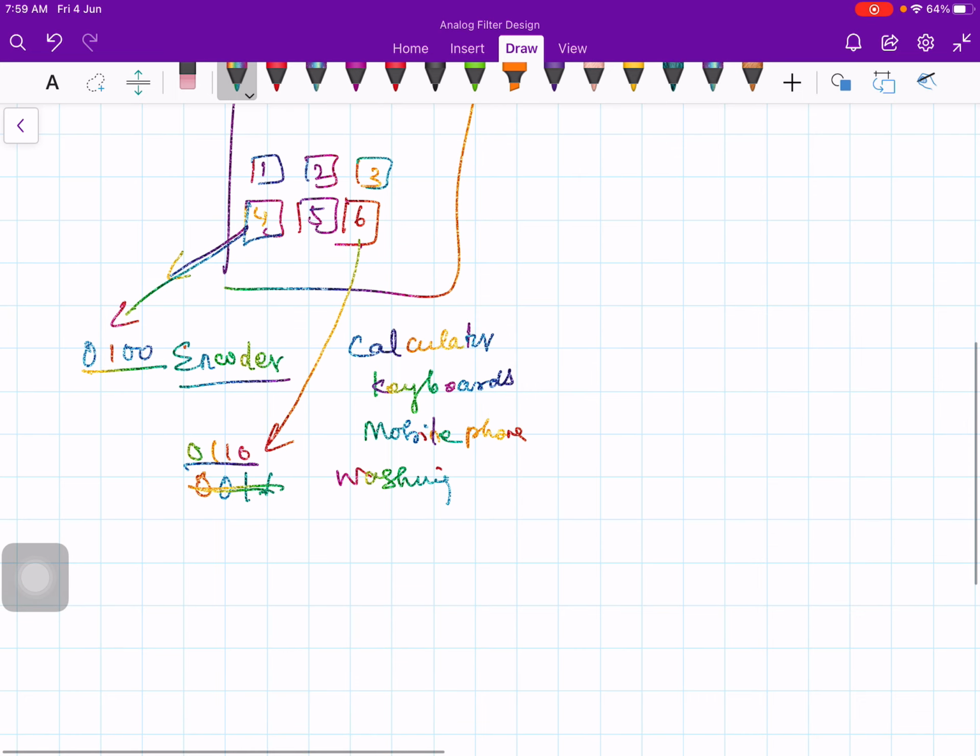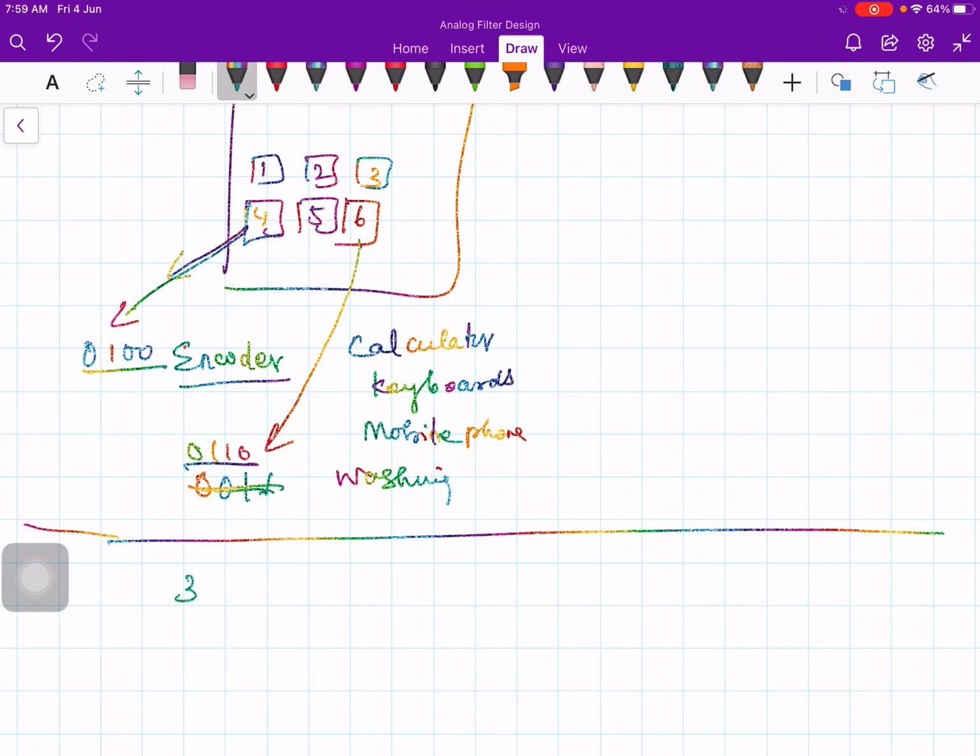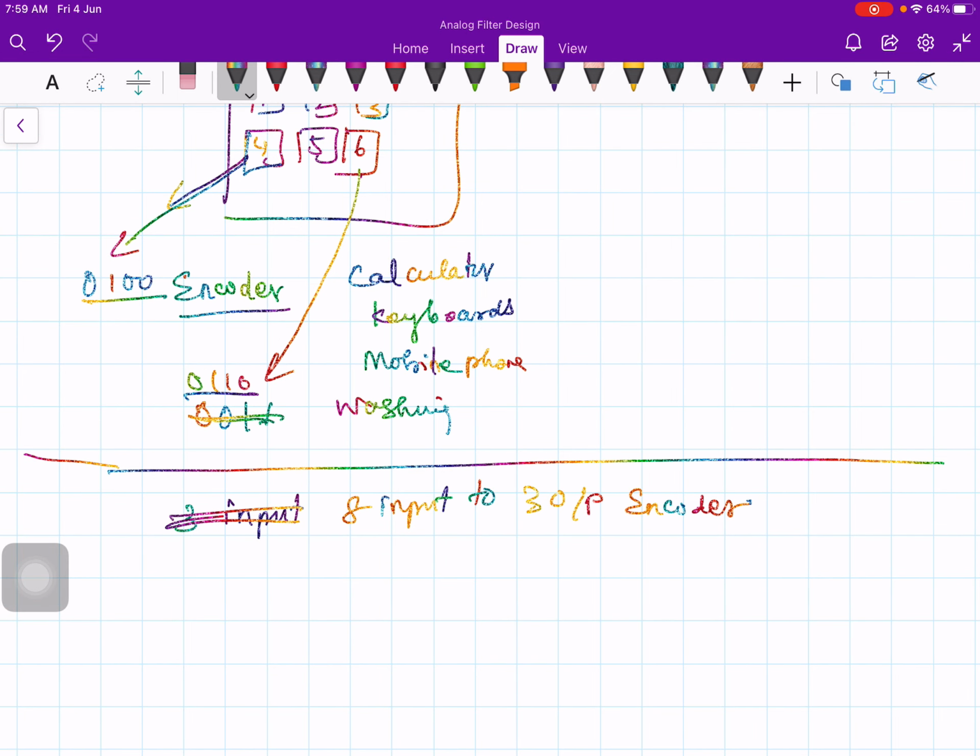Now, to make our life very simple, I am going to take an 8 input to 3 output encoder. That means I have 2 power 3 inputs.